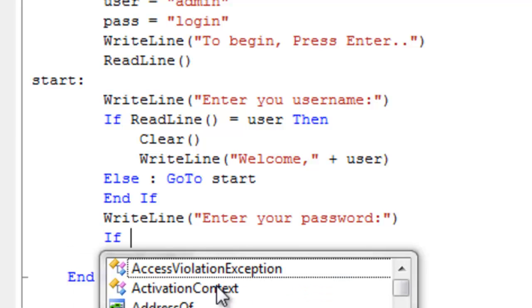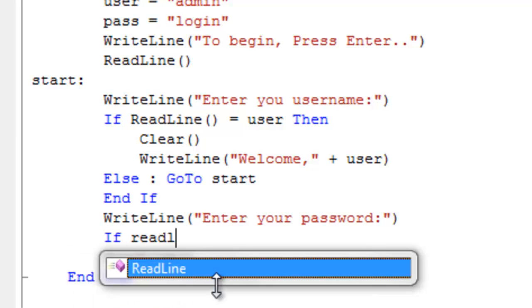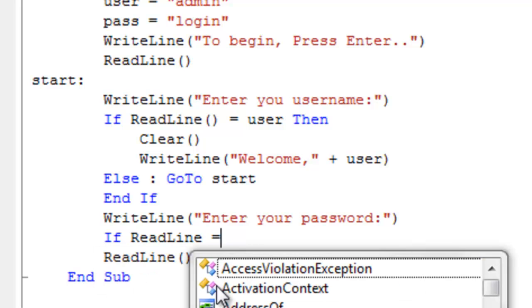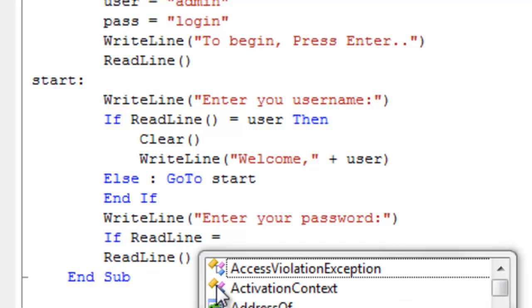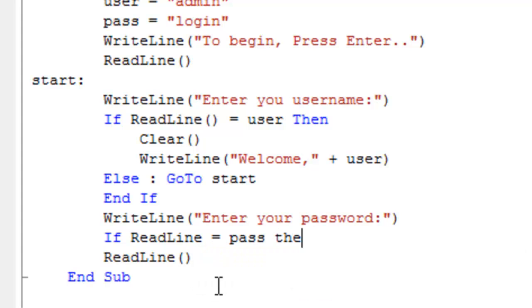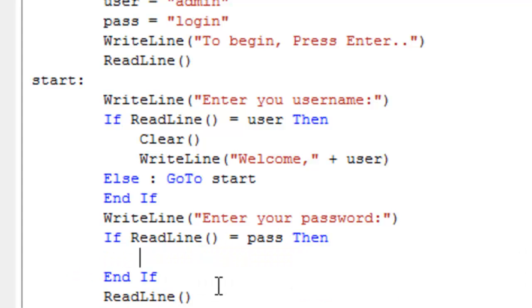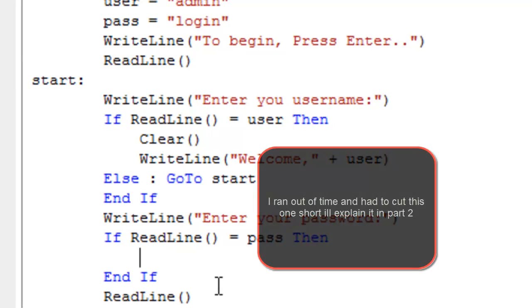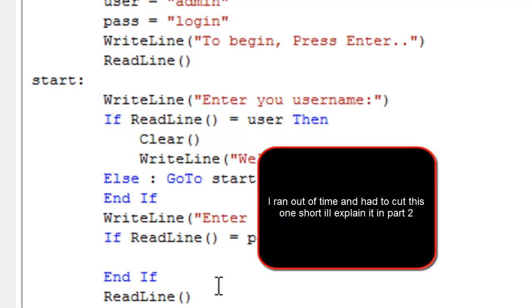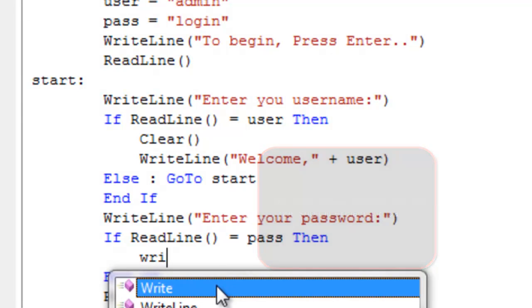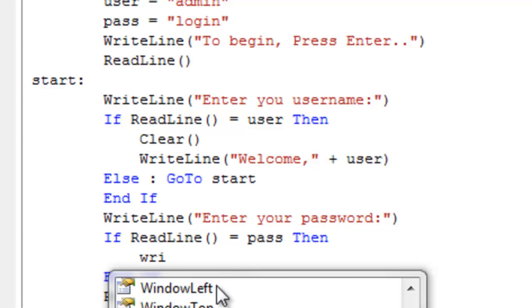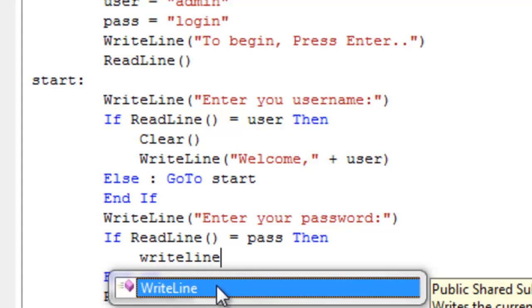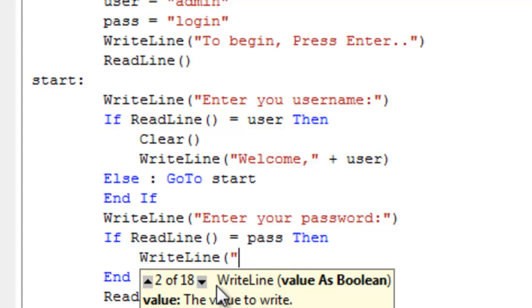If ReadLine equals pass, then we're going to WriteLine, and that WriteLine is going to say you have